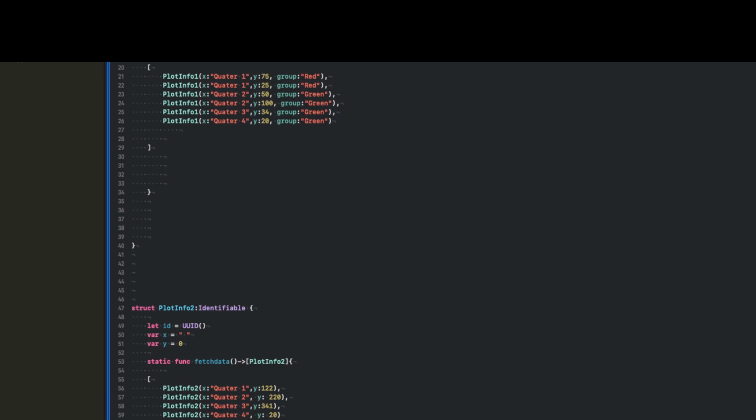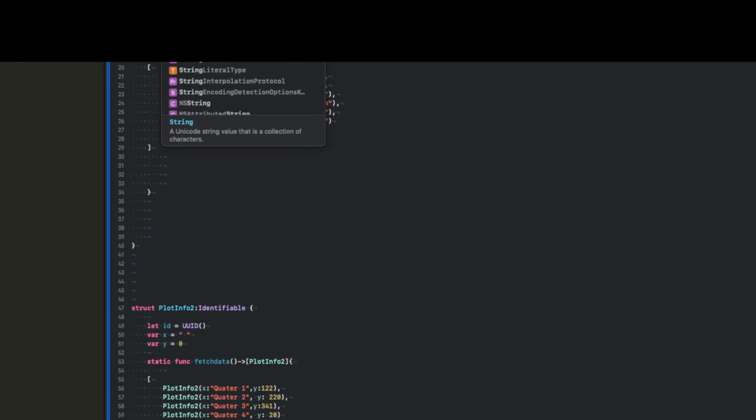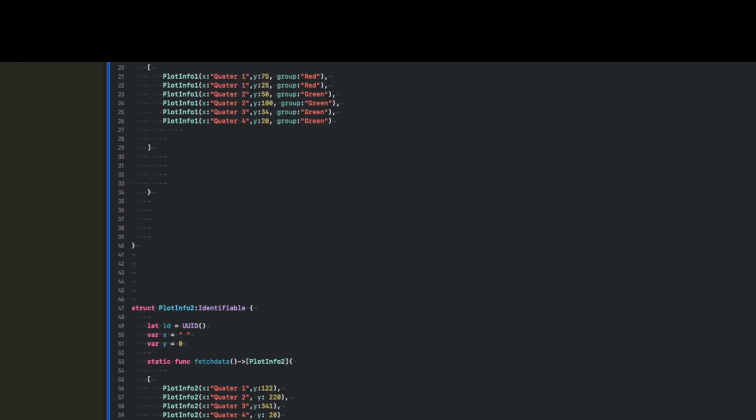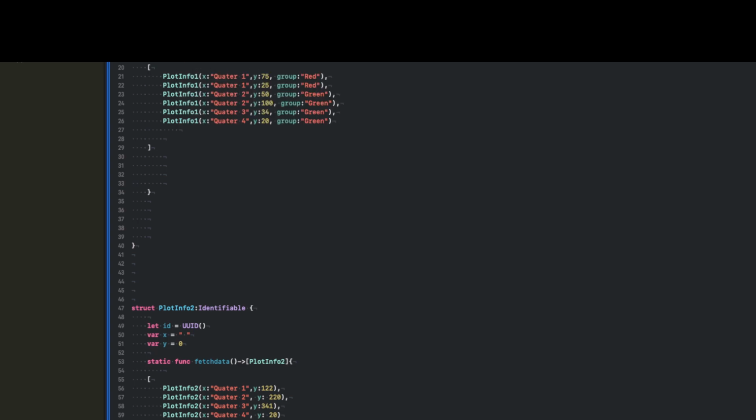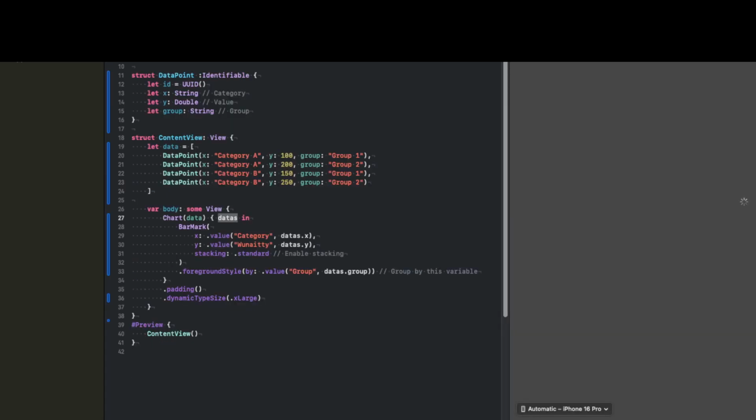Let's not initialize it. This is string. This is double. And then this is also a string. So then if I come back to content view,